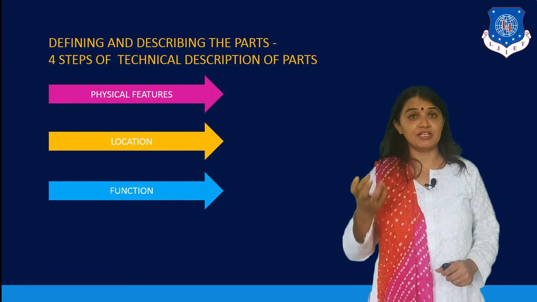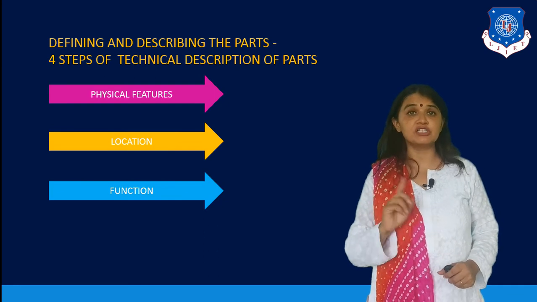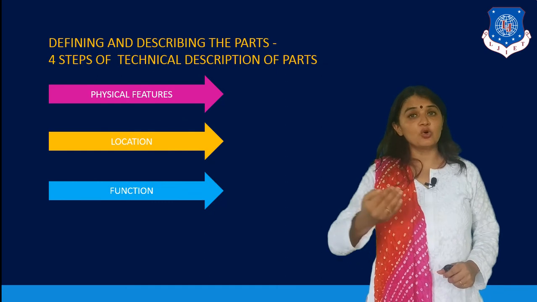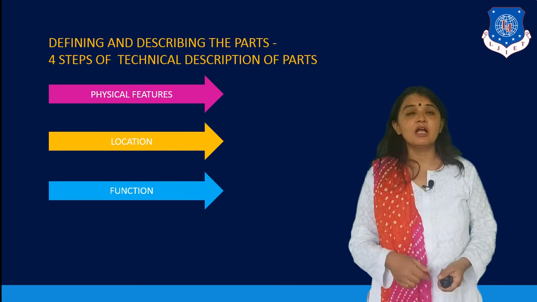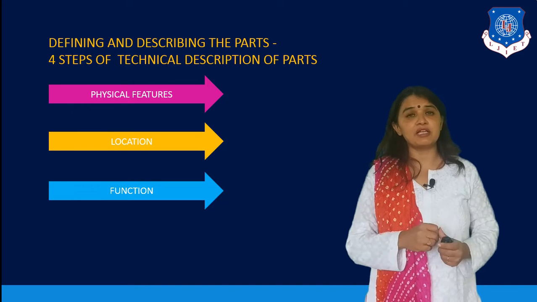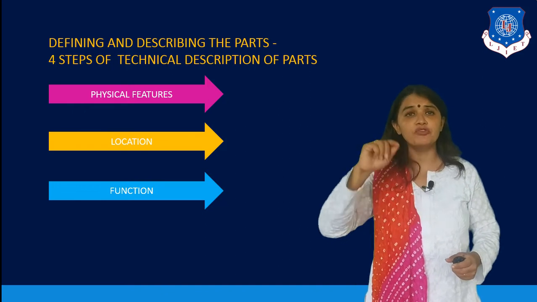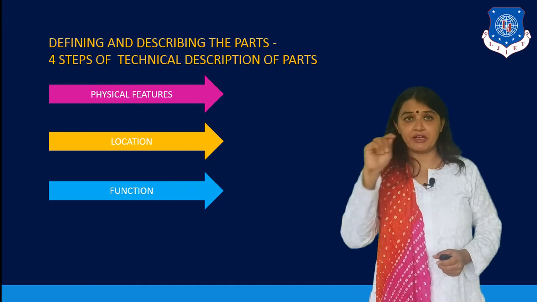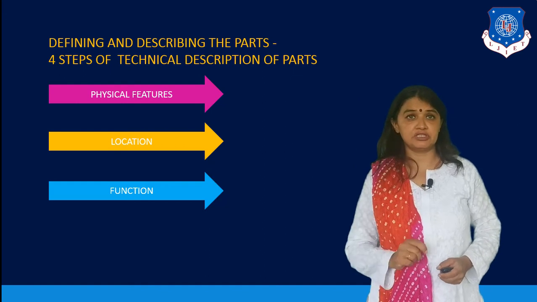First we defined it, we gave the location, and now we are also giving the function of the blade. What is the function of the blade? So this is how we go step by step. And also we give the function of the entire machine, and at the same time every part has its own function in the whole. So you also have to mention the function of that part in the entire machine.